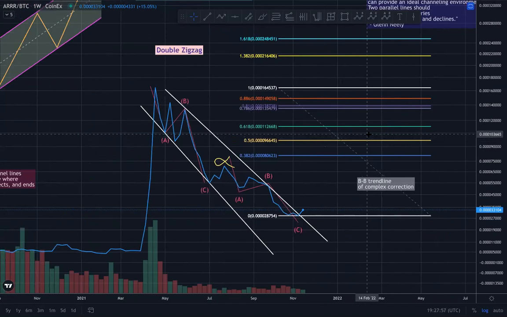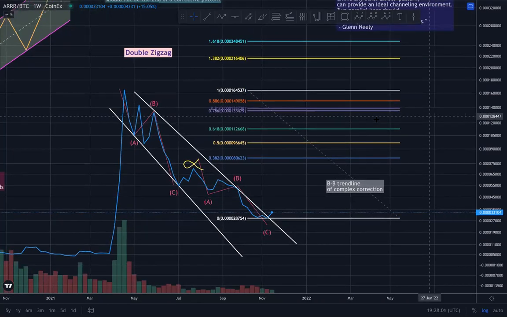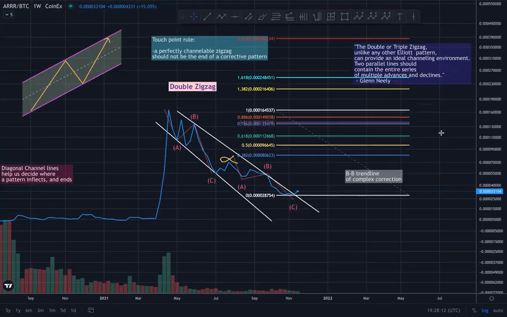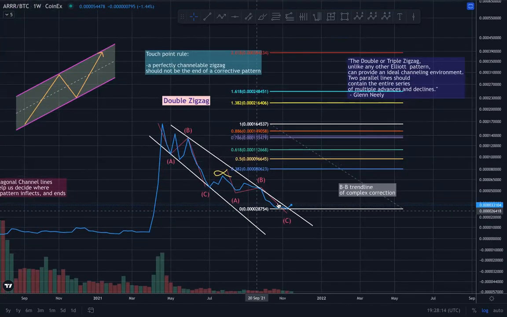A double zigzag, I don't know if it's going to retrace more than 61.8%. This is a strong non-standard move down. It's complex with an X wave on a weekly time frame. So that's fine, but it might mean this is a very complex correction. This might mean this whole market cycle is over, starting from a new